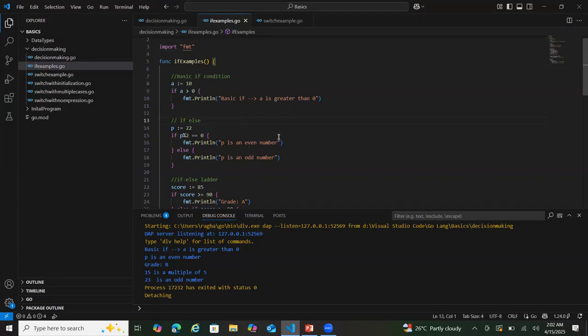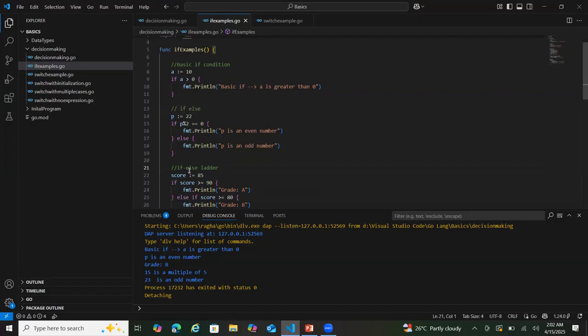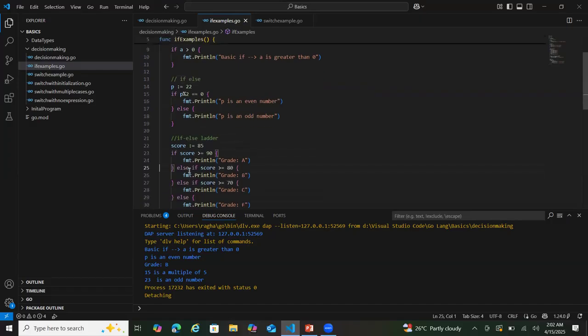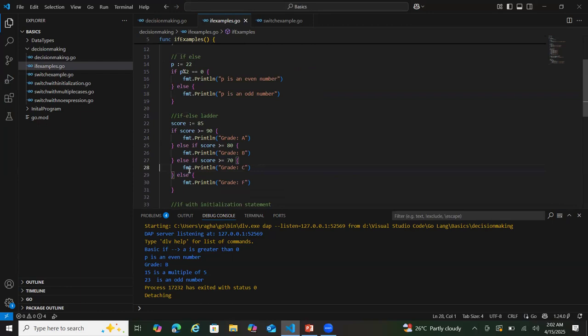That's all. And the third type that we have here in if else is the if else ladder. Okay, so if you have multiple conditions to be evaluated for a particular scenario, then you will go to the concept of if else ladder. If else ladder will provide an option to evaluate multiple conditions. It's not like either this or that. It will give the scope to have multiple options. So if you see the example here, I took a variable score as 85 using short variable declaration. Again, if you mouse over here, you will understand very clearly